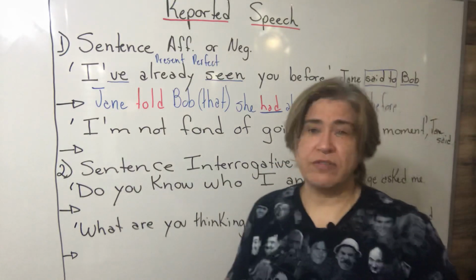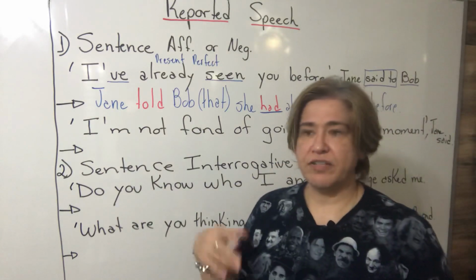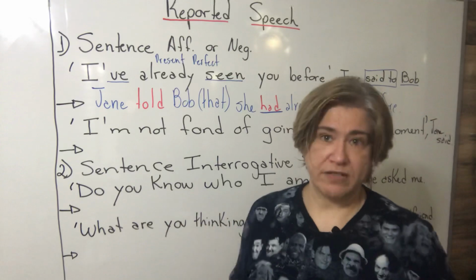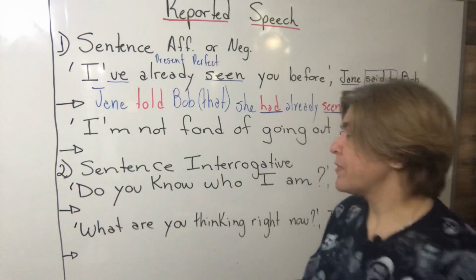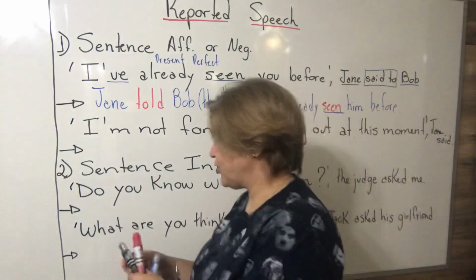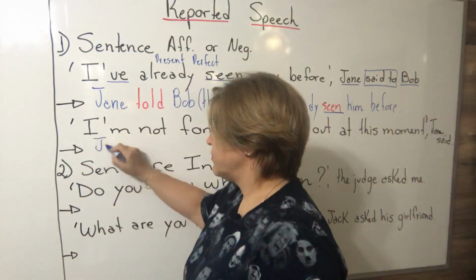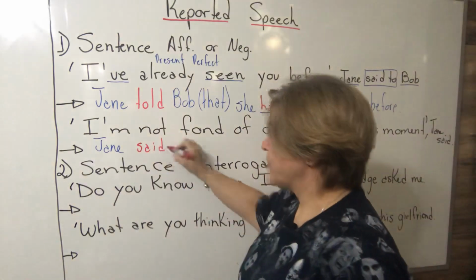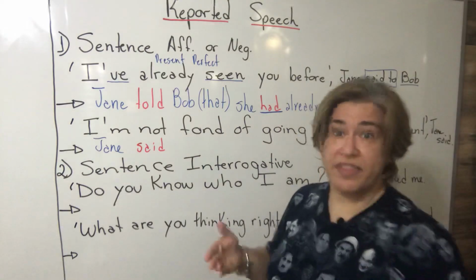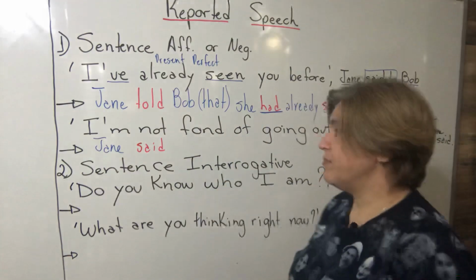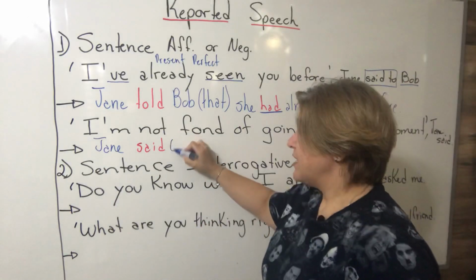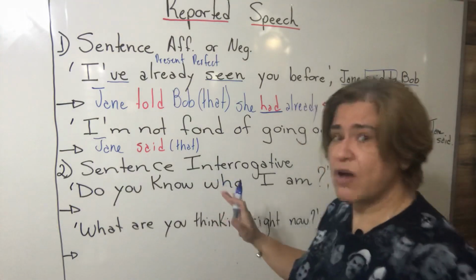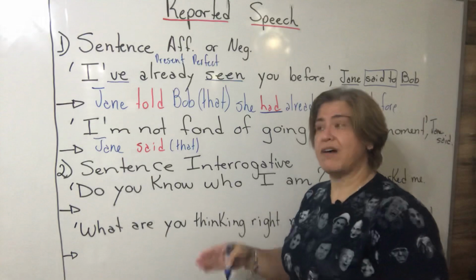We can even substitute said with she claimed, or other more beautiful verbs like she wondered, depending on what you want to transmit in that context. But let's go for the simple one, said. So we are going to say Jane, and the verb is said. And now Brazilians love to use the relative pronoun. That, in our minds, comes that. What have I told you about that? The relative pronouns can be omitted. So if you want to say that, it is all right. If you want to omit it, it is all right as well.